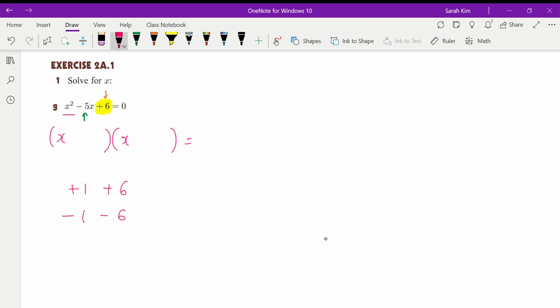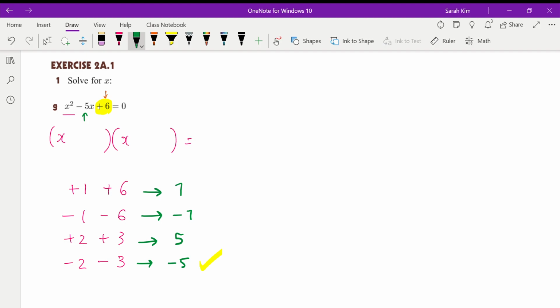So when I add them together, plus 3, minus, which row adds up to minus 5 is what we're trying to find. So if I do this one, 1 plus 6 is 7, minus 1 take 6 is minus 7, 2 plus 3 is 5, this one's minus 5. So as hopefully you can see, this one is your option,